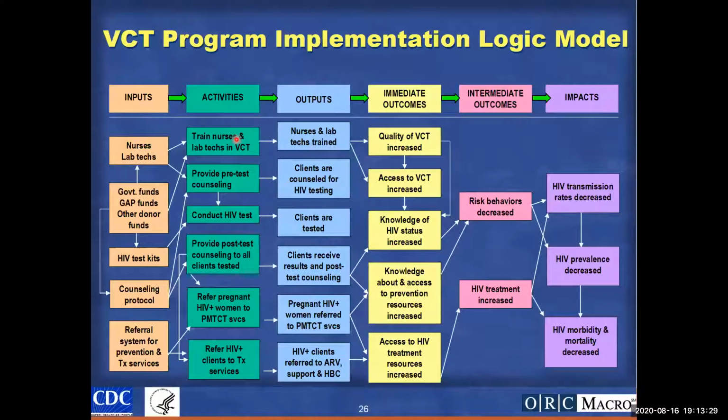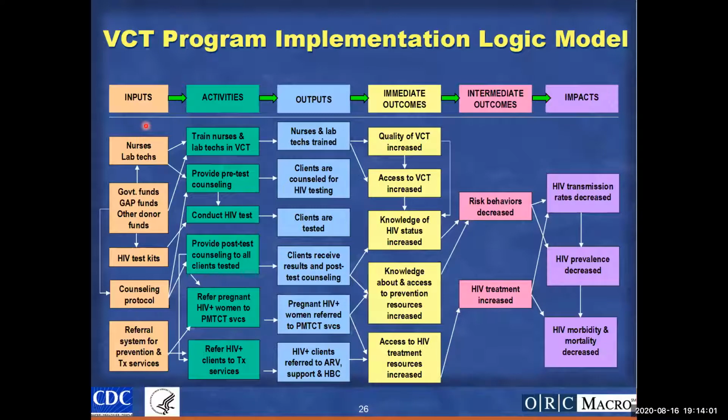Okay, so if you look at this example from CDC: input, activity, output, immediate outcome, intermediate outcome, and impact. Starting with the input, we said it is your equipment, your people, anything you will use to complete your project. The laptop you have, the phone you have, anything toward the goal or the objective of the program,